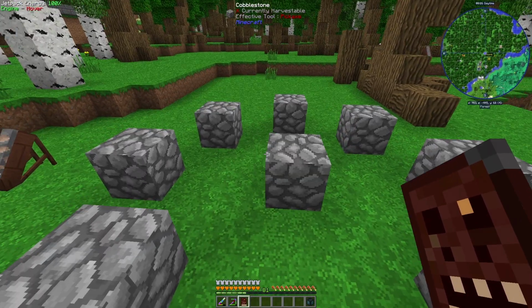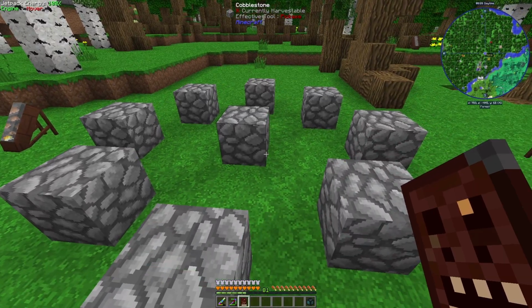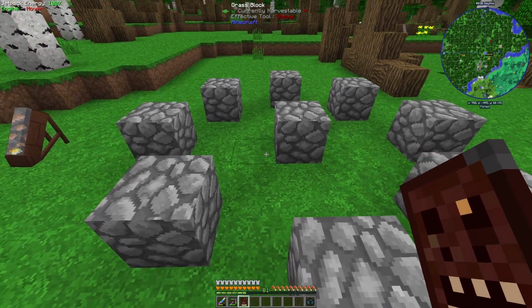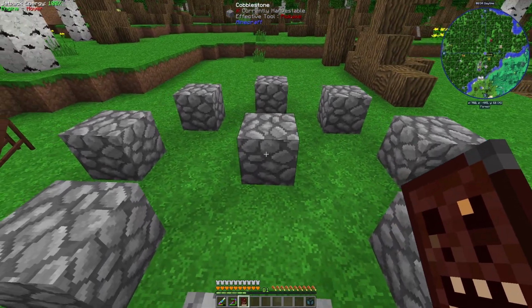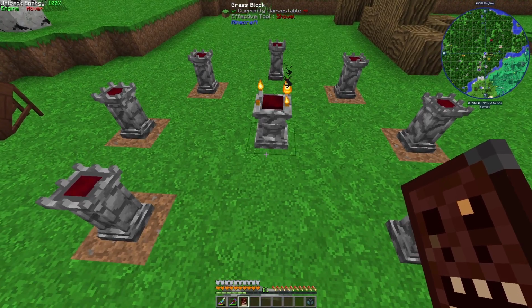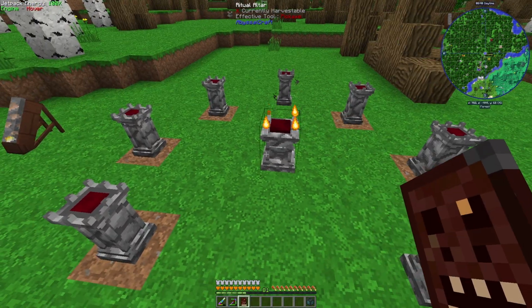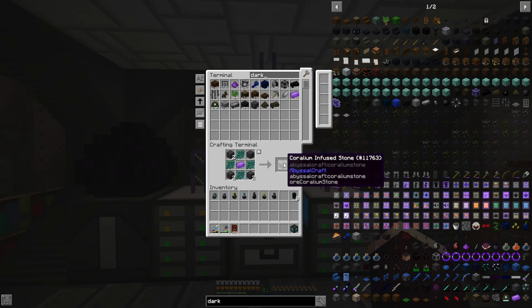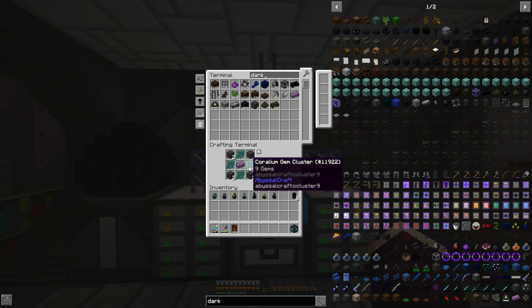To actually get started in Abyssal Craft, we have to make this little ritual structure here. And if we shift right click with the little block, it'll actually turn into the altar blocks, and now it's actually usable. Next up, we need to make some Corallium infused stone, which just takes some dark stone, some gems, and dark